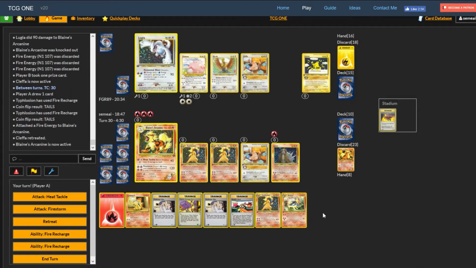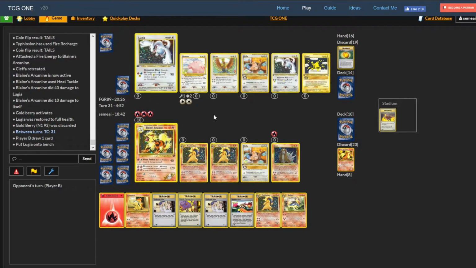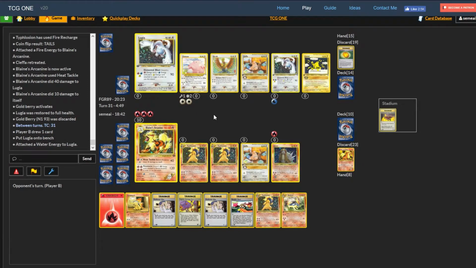I'm not gonna garbage run just yet. I don't have a trader in hand. I have some things in hand that I want to keep, so we'll just do that. We'll do this. Honestly, in hindsight, I probably should have waited on that, because now he can Balloon Berry. Good news is, though,